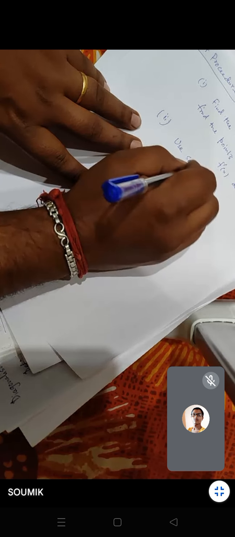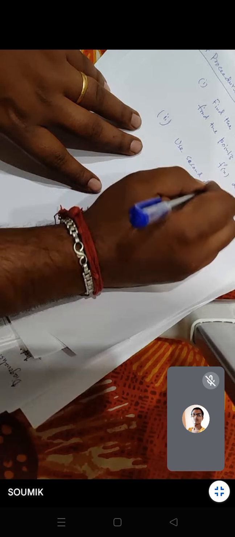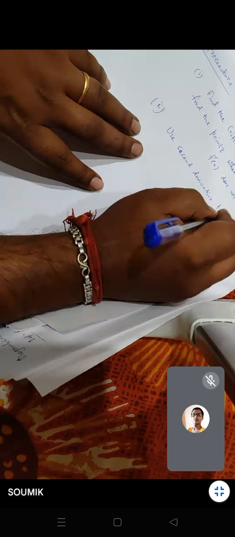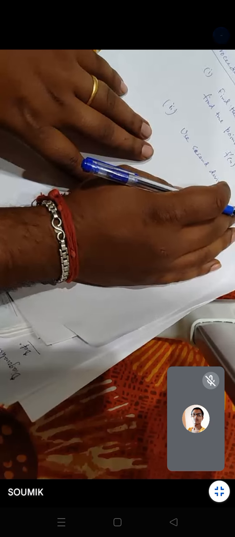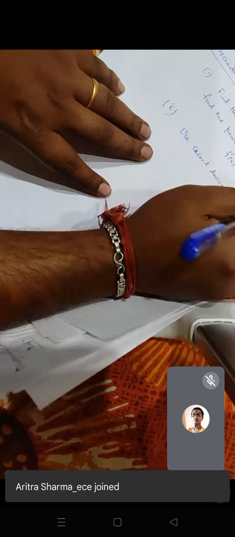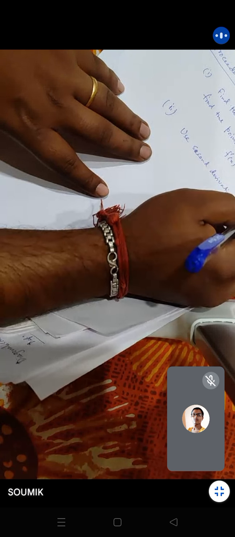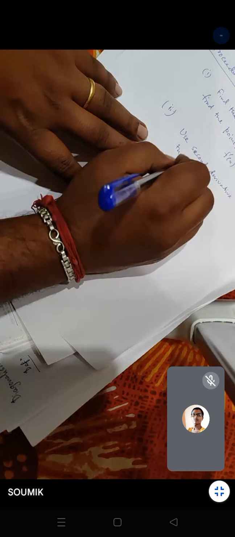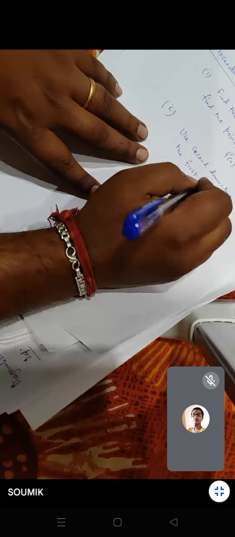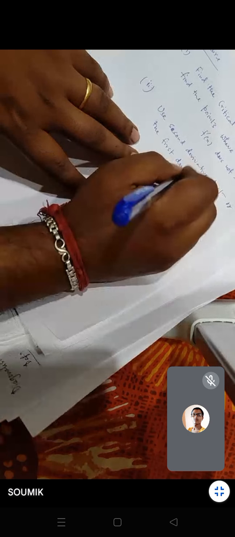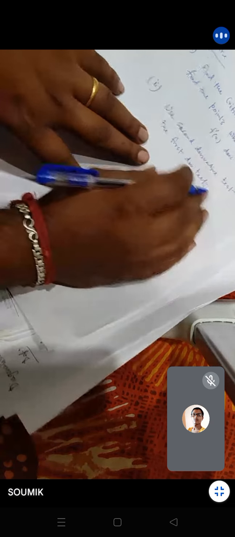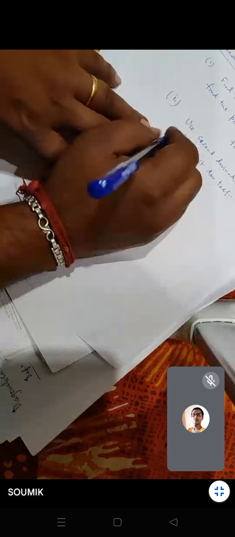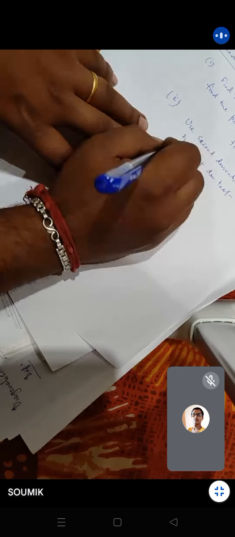দ্য সেকেন্ড পয়েন্ট, use second derivative test, okay, or the first derivative test, and decide the maximum or minimum,